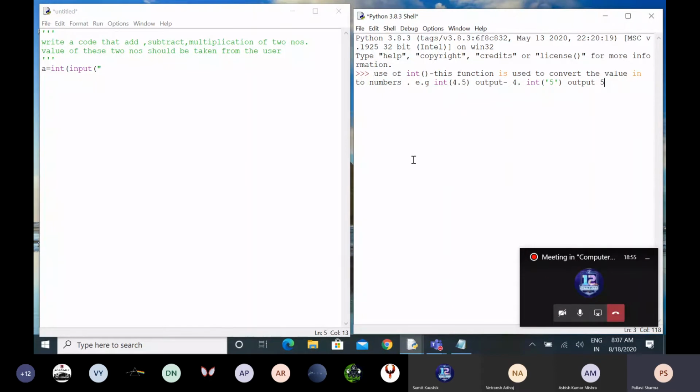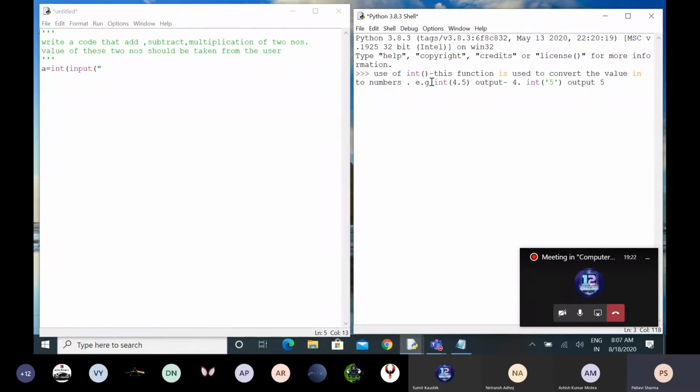Just write down on your register. Use of int function. I'm again repeating that this function is used to convert the value into numbers. If we will pass the value in the form of decimals, then the output will be in the form of whole numbers. If we will pass the value, this is the example.